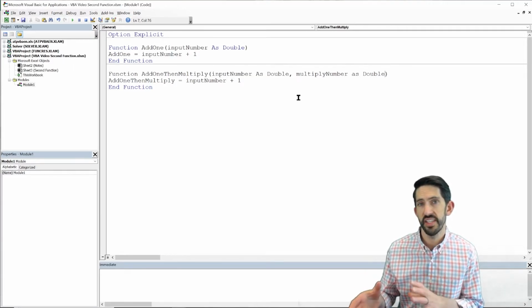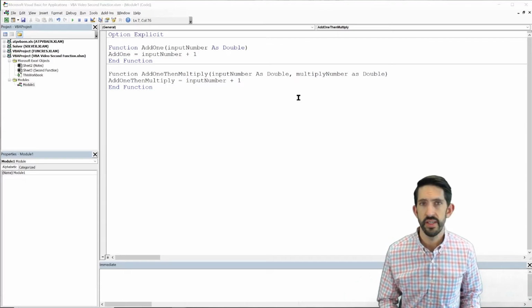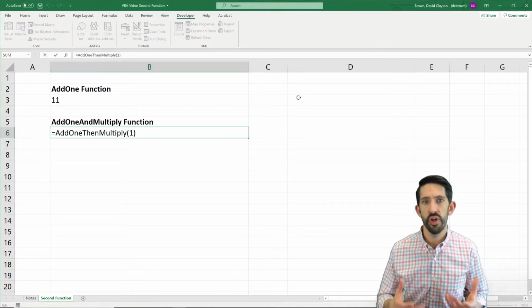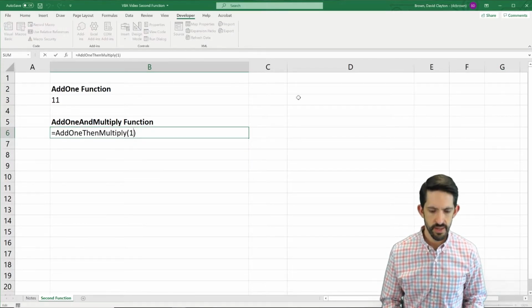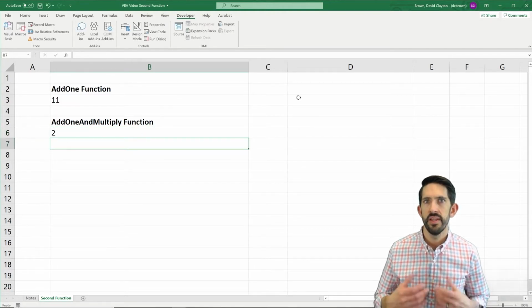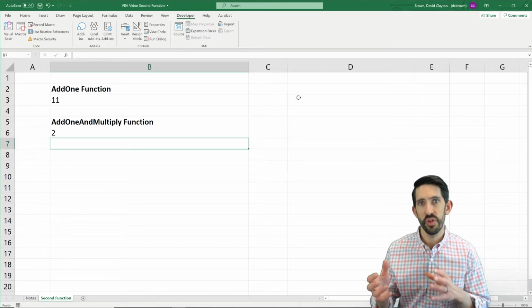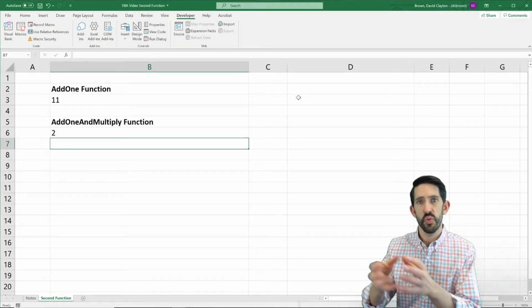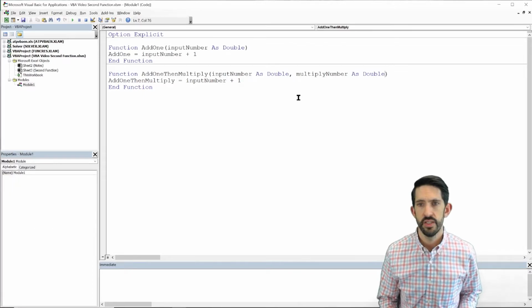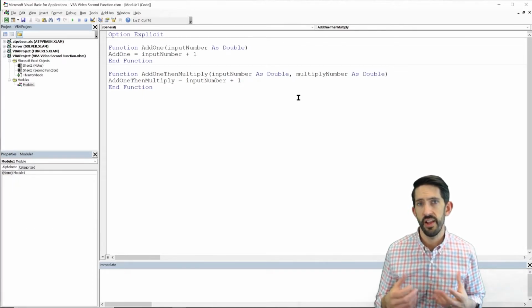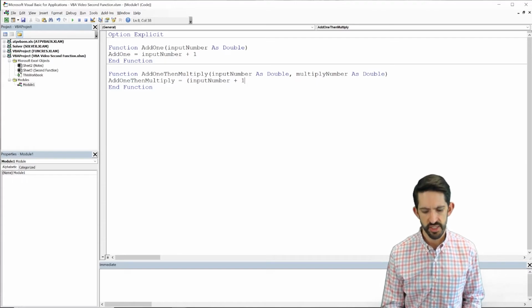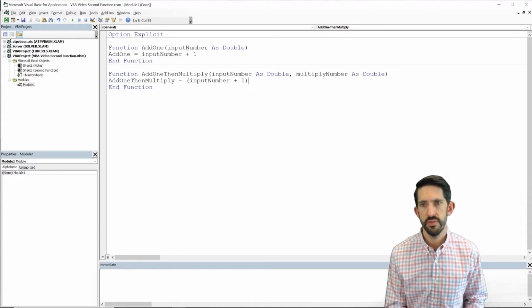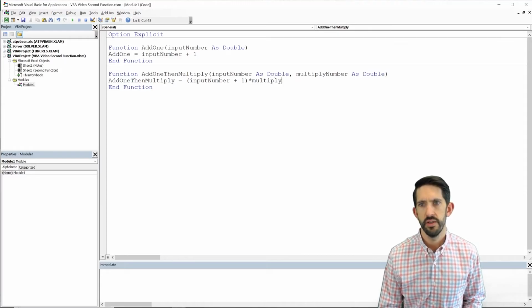What that means then is that our function's not going to work when we go back to it. And the reason is, right now we only have one input in there. So if I hit enter, we get that value error. So let's fix that. Let's put a comma 1 in. Now the function works again. Again, we have to make sure that what's happening in the Excel spreadsheet matches with what it expects in the VBA code. So again, we have our two numbers in here. Now the last step, what we need to do is actually incorporate that multiply number into our calculation. So we're going to put some parentheses around our input number plus 1, multiply it by multiply number,